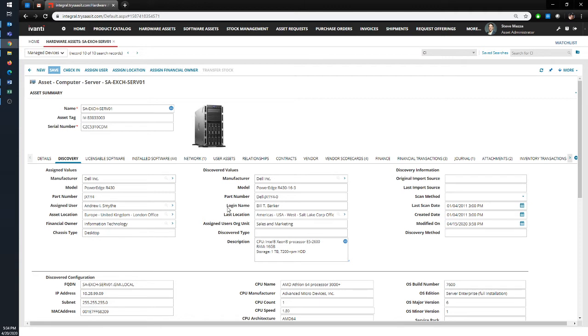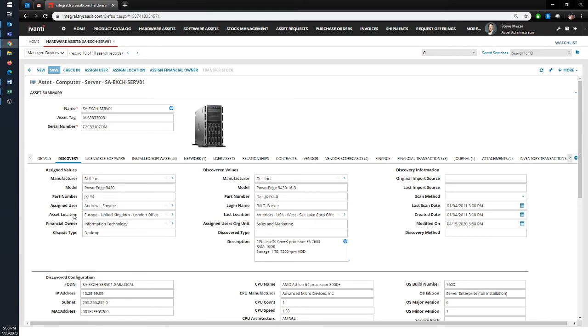So maybe that's fine. Maybe multiple people log into this device, or maybe it's not. And so that's something that can trigger a notification or even an action. And in fact, there is a dashboard focused specifically on assets that have an assigned user that's different from the login user, or where the location